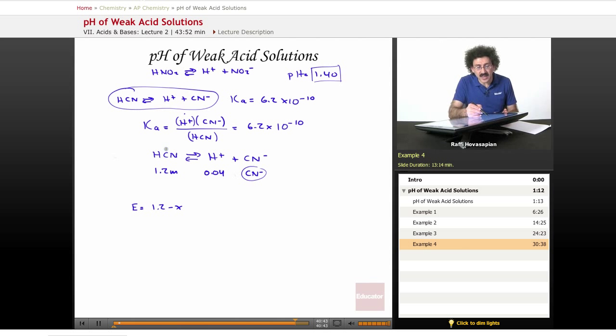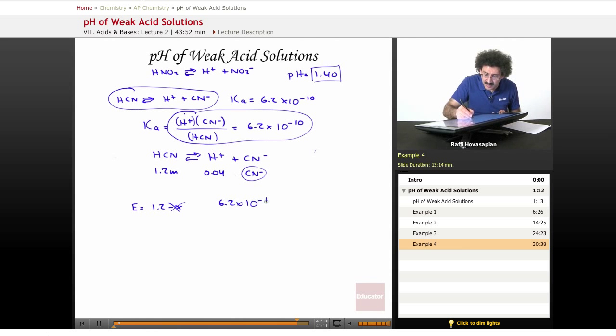Anything that HCN would actually produce, any H plus, is virtually non-existent, because not only was it small to begin with, but because there's so much of the H plus from the nitrous acid, it's actually going to push this even more that way. So there's going to be even less. So for all practical purposes, we don't even have to worry about any HCN dissociating. Therefore, our final equilibrium will end up actually being